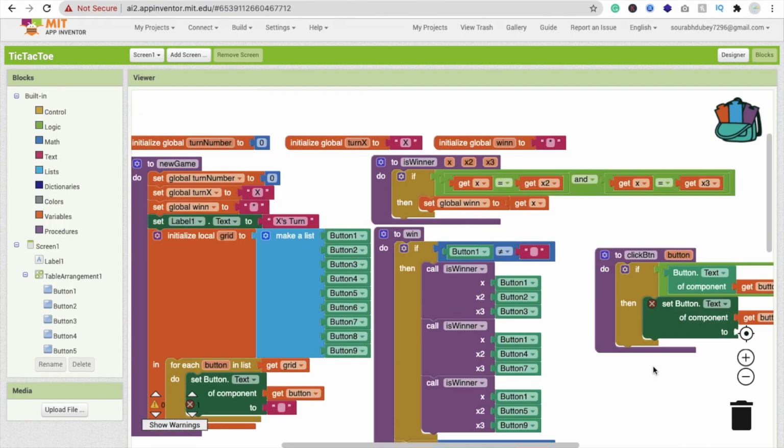So in the next part we will learn how we can complete this app. We will complete this whole app, and we will do some more advanced things in the third part.